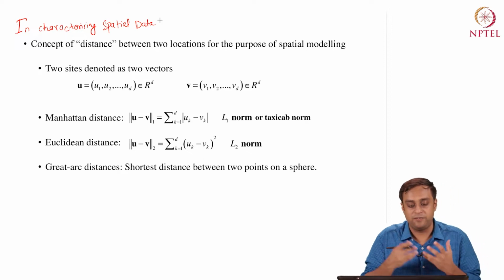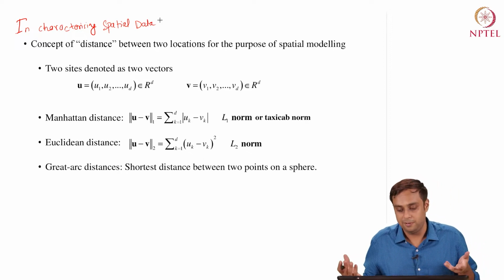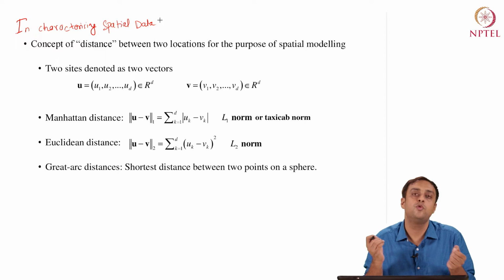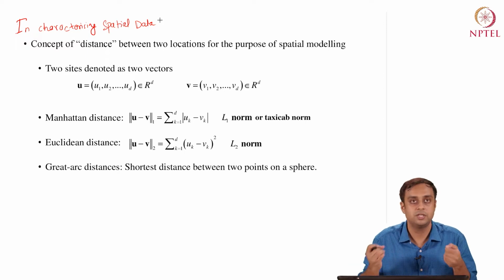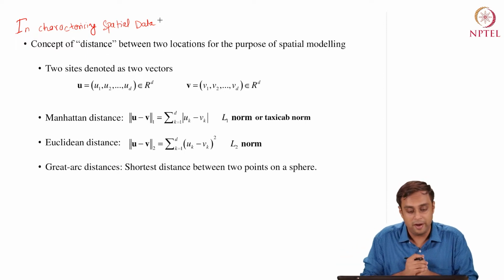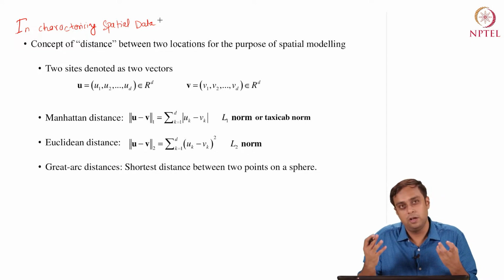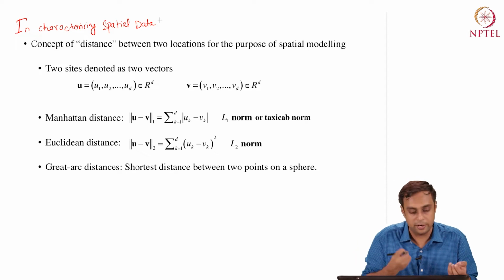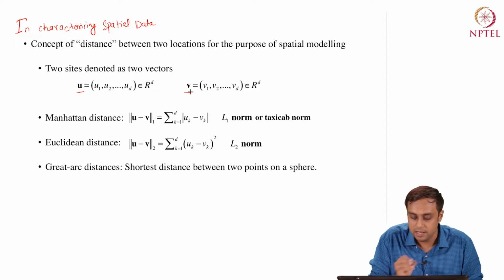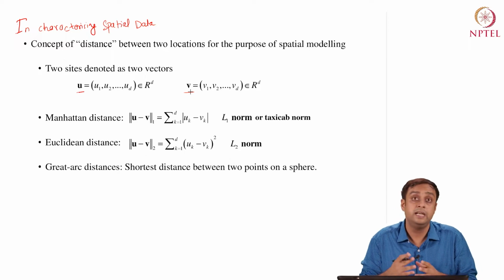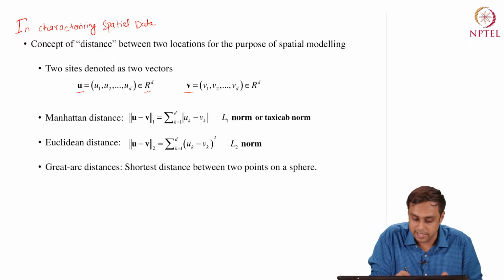the concept of distance between two locations is fundamental, right? So we cannot really model spatial data unless we are able to measure distance between any two given pair of locations where we observe data, right? So here we give you the most general form of two locations denoted as U and V, right? And these are vectors in d-dimensional